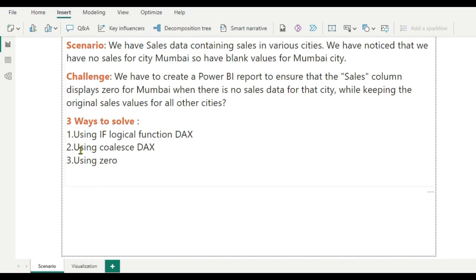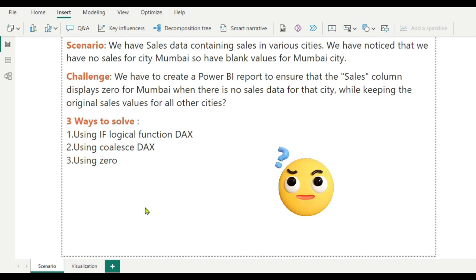We can solve this issue in three ways. The first way is using the IF logical function. Second way is using the COALESCE DAX function, and third way is using a 0. So we'll see all these three. These three ways would handle blank values in the sales column appropriately and will meet our client's reporting requirement.